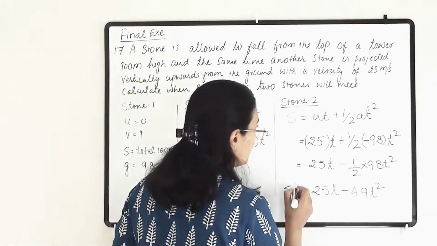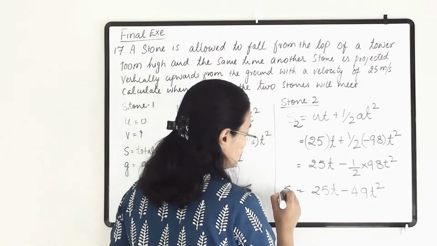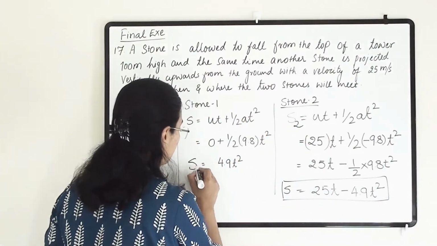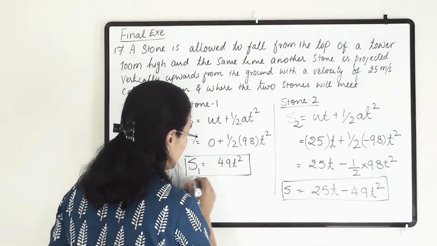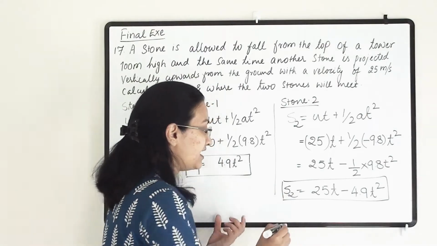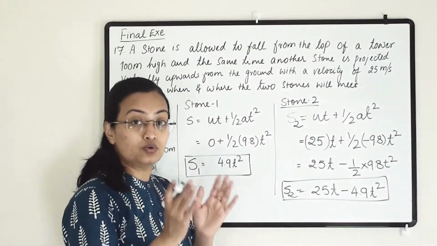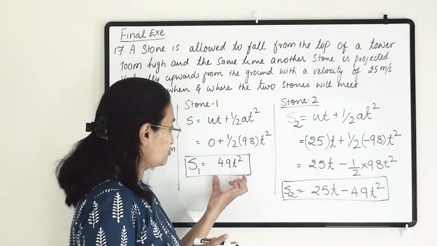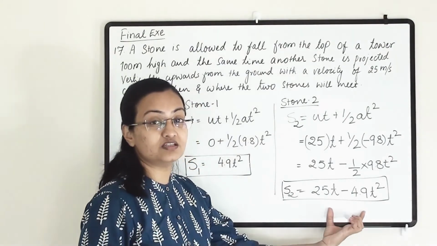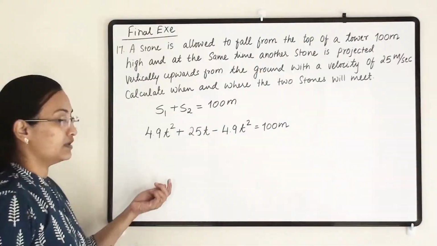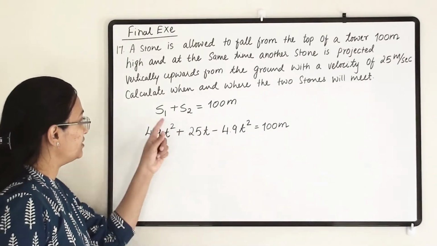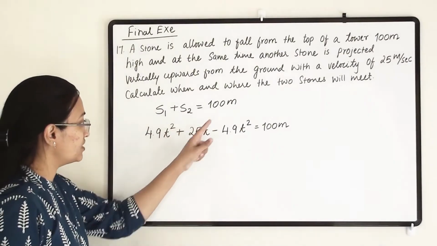So this we are getting for S2, that is stone 2. This equation we are getting, and for stone 1 this equation we are getting. Now we know that for both the stones S1 and S2 the total distance is 100 meter. So we are adding S1 plus S2 and writing equals to 100. Now when we are substituting the S1 value and S2 value in S1 plus S2 equals to 100 meter, we will